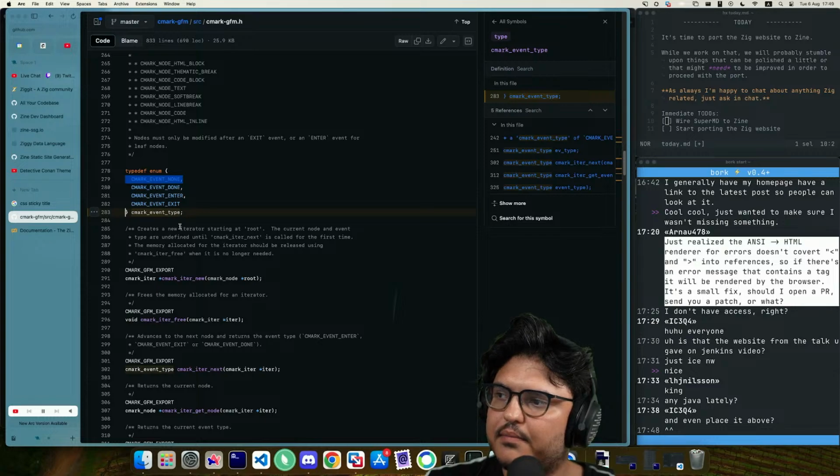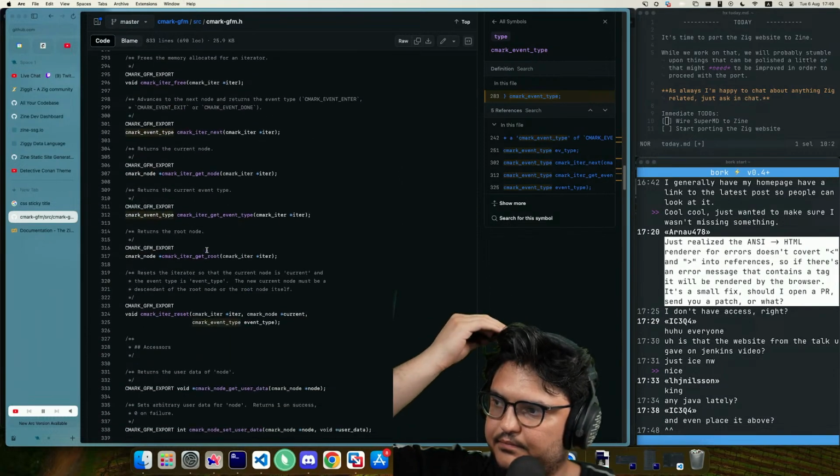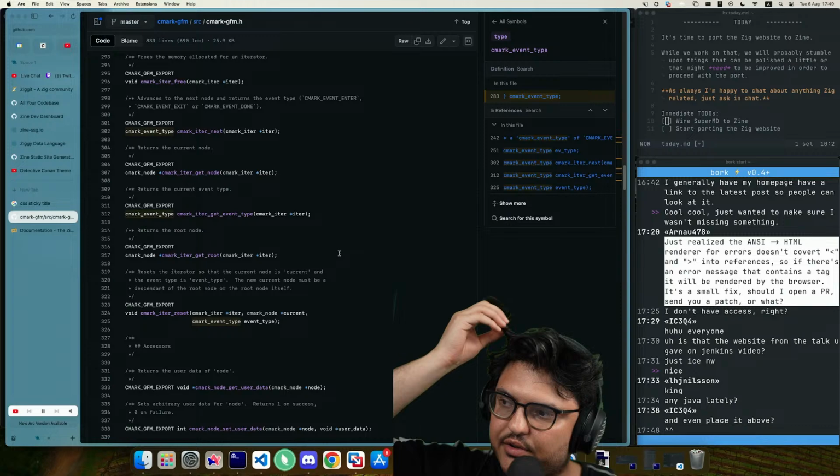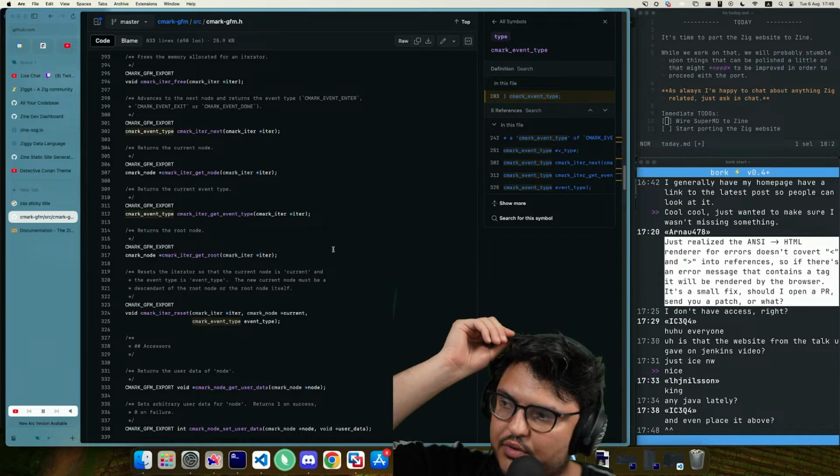Let me read this again. Resets the iterator so that the current node is current and the event type is event type. The new current node must be a descendant of the root node.